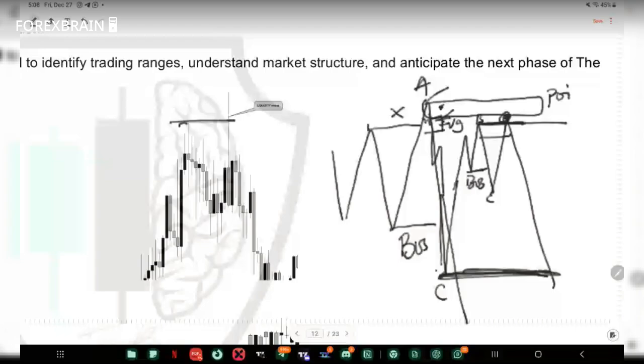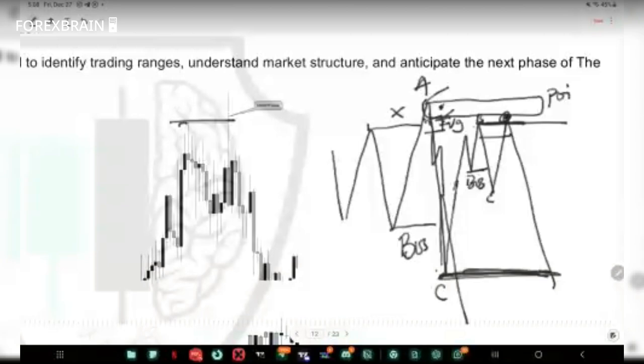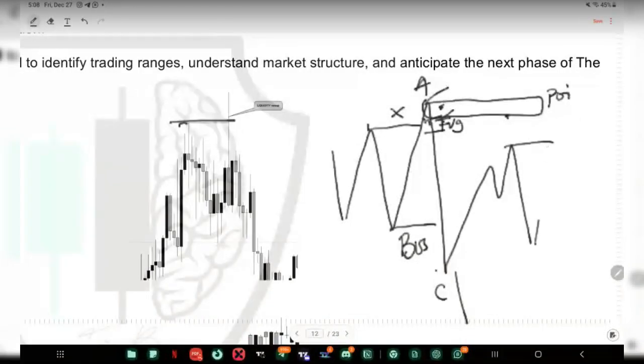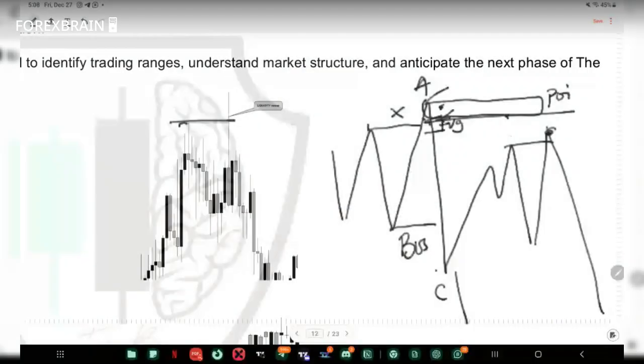So in your own case today, if you check your chart, you realize that this is what happened here. I feel like, hold on, the POI is somewhere far, to that inducement. Probably here, something like this. So here, and then we had something like this. So price came back to raid this without even tapping to the POI. You were expecting price to come here and drop. Price is interested in raiding, in sweeping liquidity.